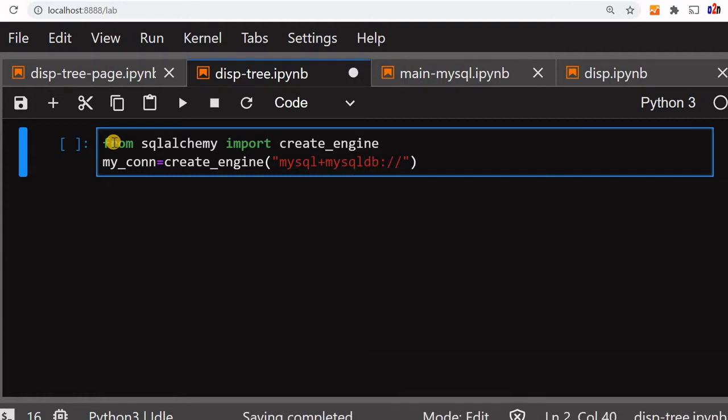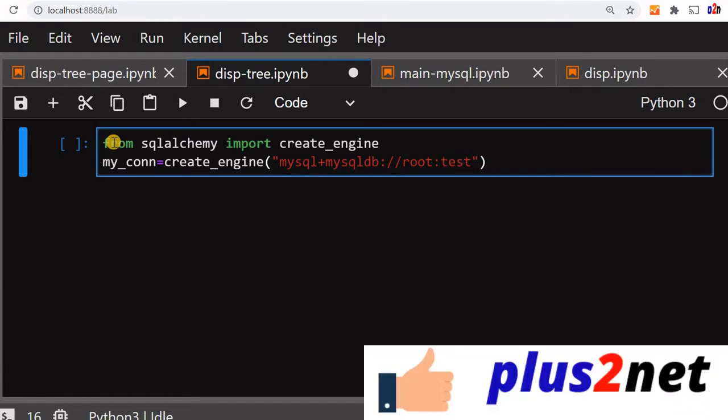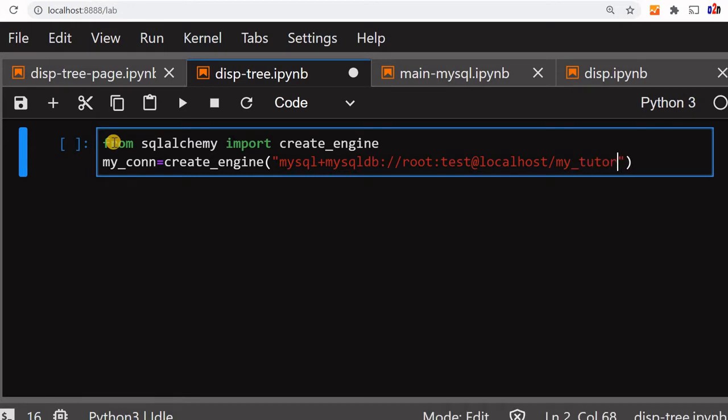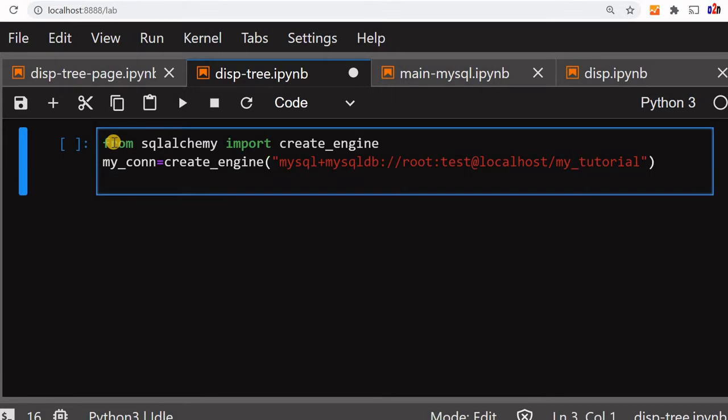Now the user ID, and after that the password. The password is okay, I'll write the password. In your case it will be different. It is my localhost. This is the DB name, where the sample table is. So this is my connection engine. Connection string is ready now.